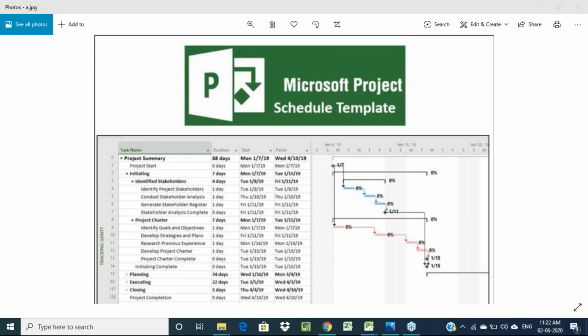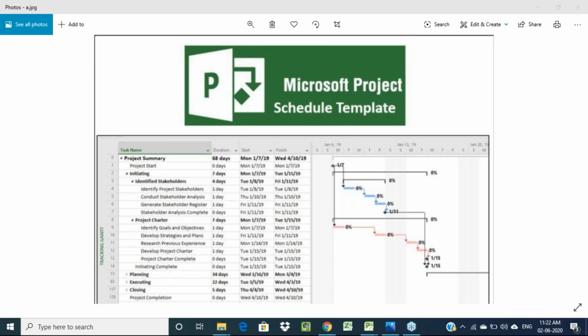This is mainly for the VTU students. We are taking care of VTU students, and as per their syllabus, we are trying to cover the content which has to be looked at while solving the different Microsoft Project works. Okay, and first let me tell you why Microsoft Project is mainly used.